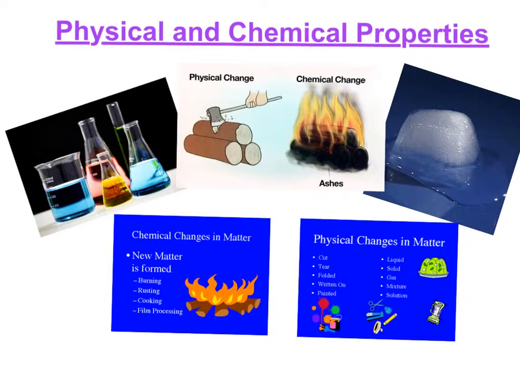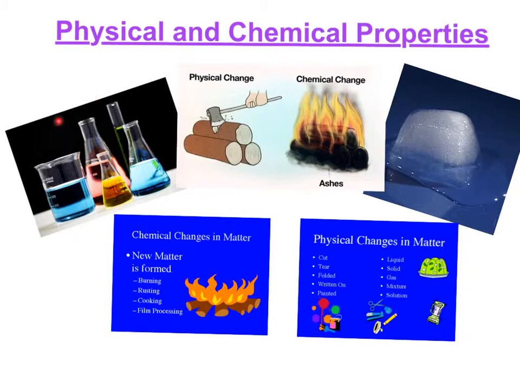Physical and chemical properties. Chemical changes in matter, or the property, is when new matter is formed, and physical changes are just adding something new to the figure. And these are some examples of